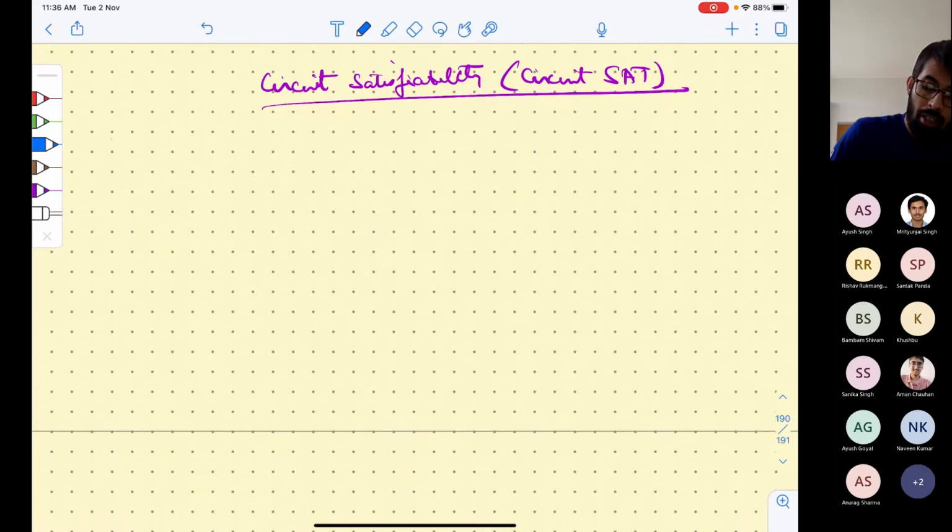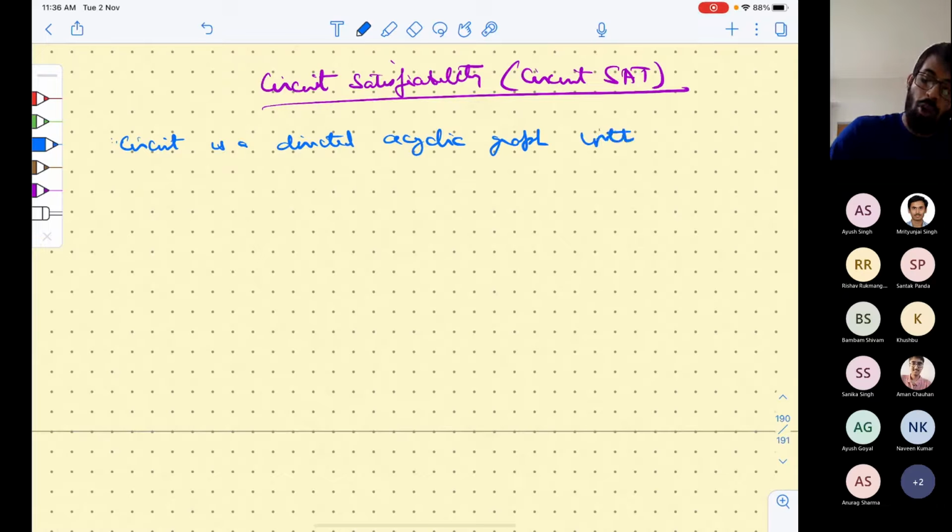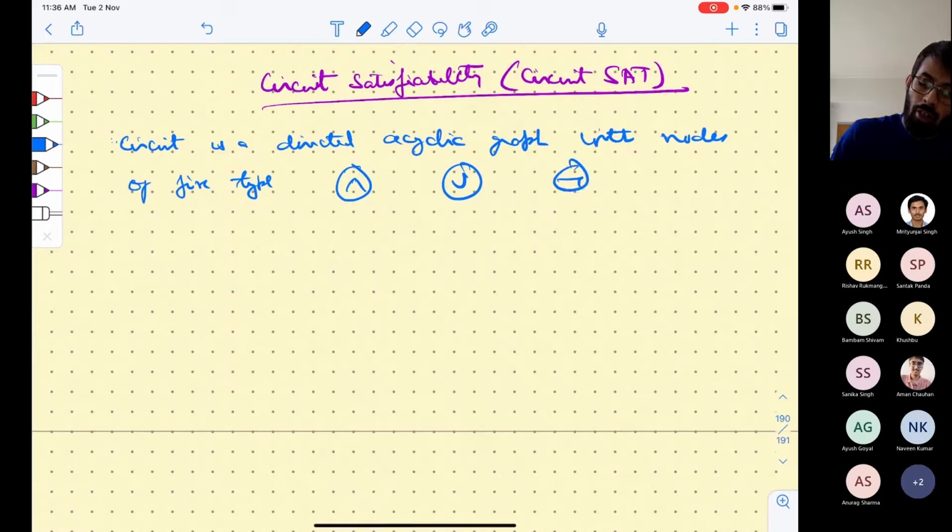A circuit is a directed acyclic graph with nodes of, let's say, five types, or maybe six, I don't know. First is AND, OR, and NOT. And then you have 1